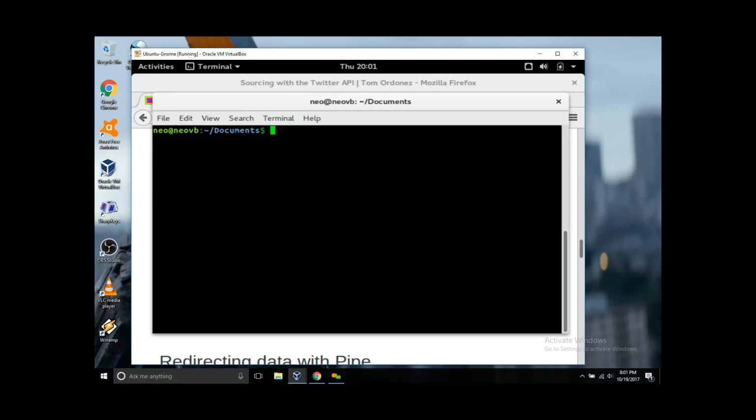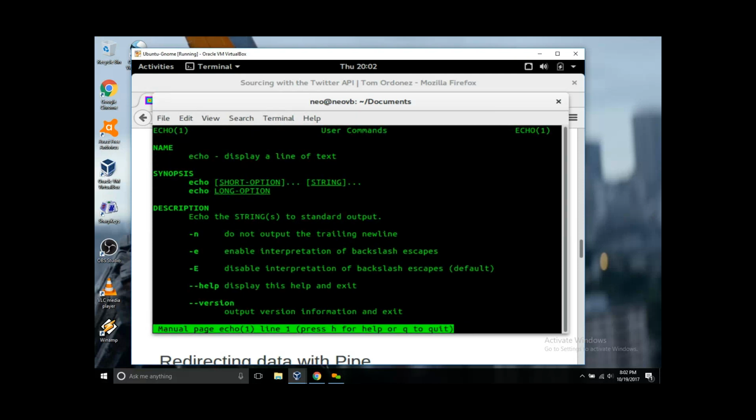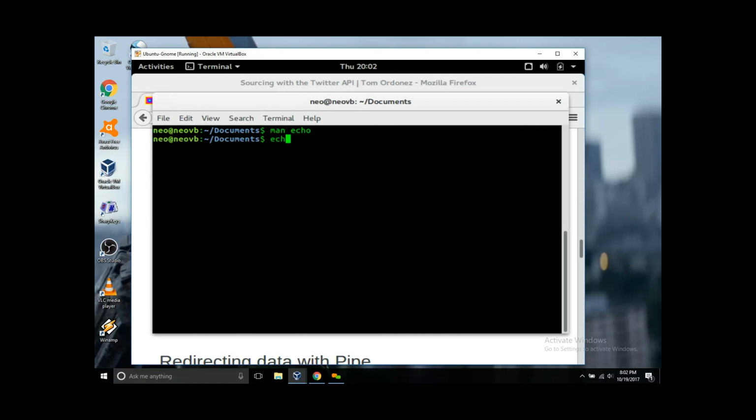So let me review that really quickly. Man echo. So echo says displaying a line of text. And I'm going to show you how it works. If I type echo, see, double quotes, and okay, let me